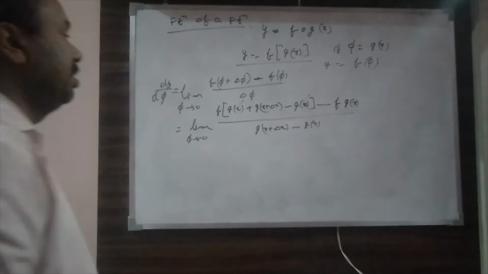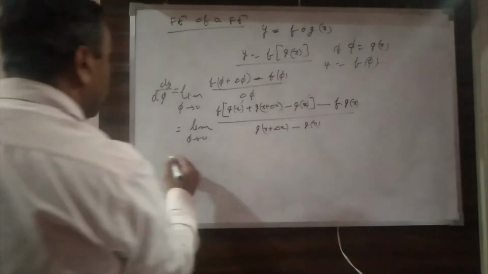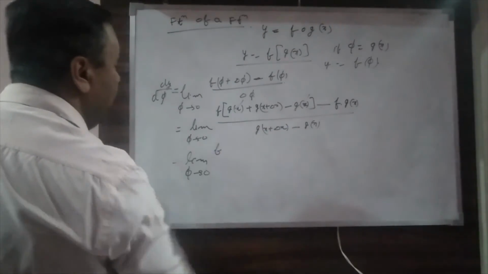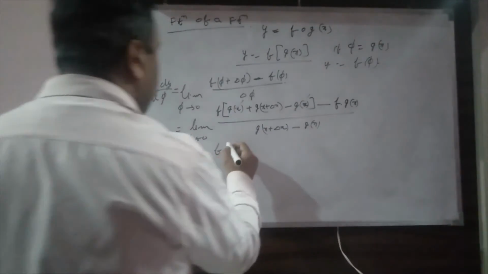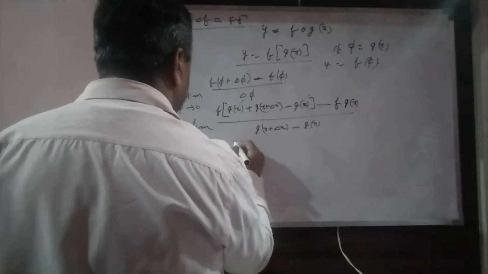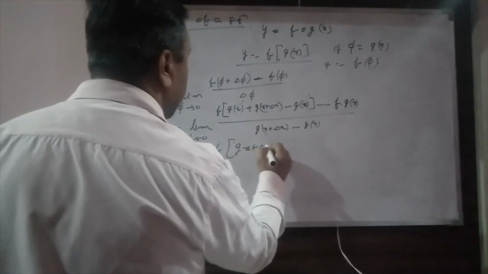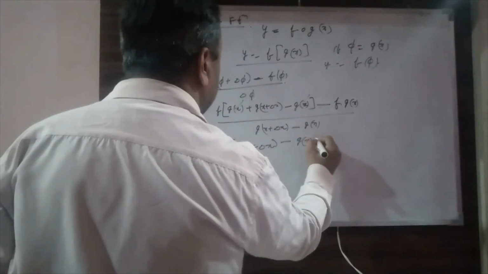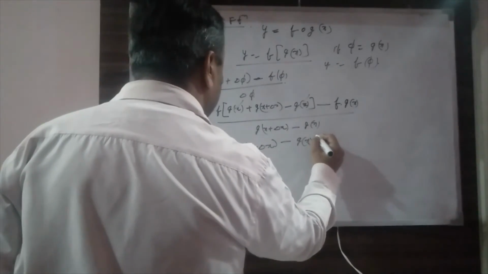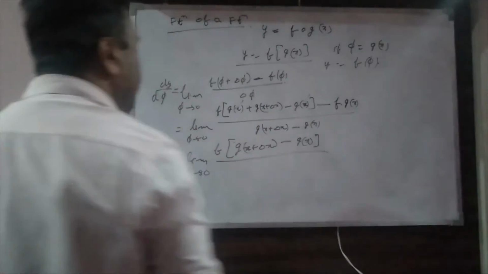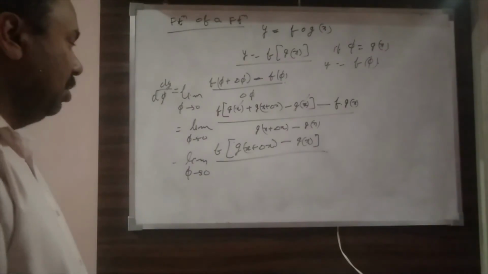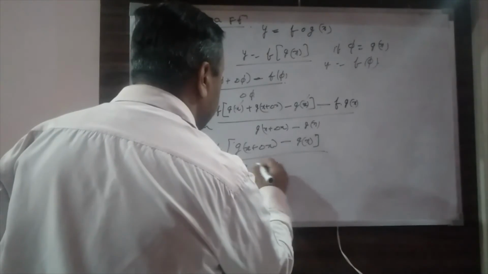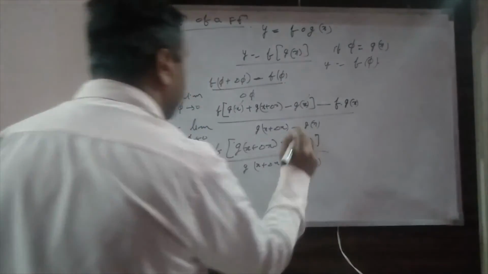From there I am getting these two terms cancelled, and from these two terms what I am getting is limit phi tending towards 0, f has been taken common, and this is what? G x plus delta x minus gx, divided by